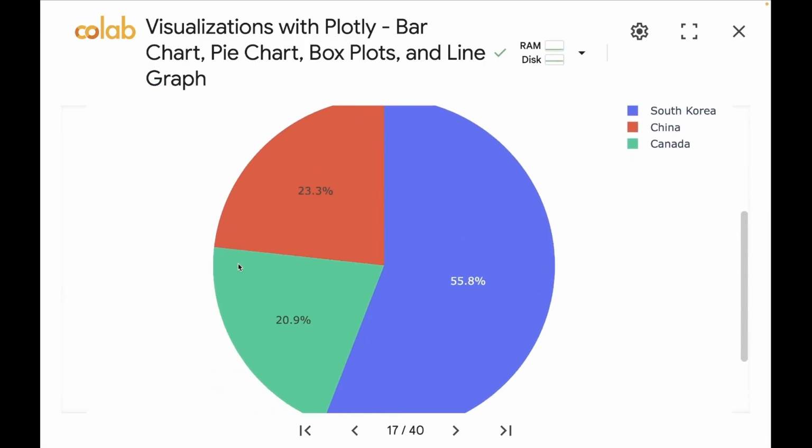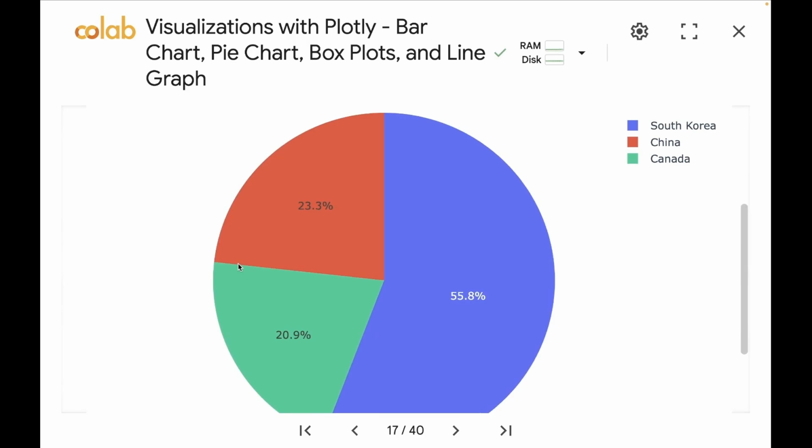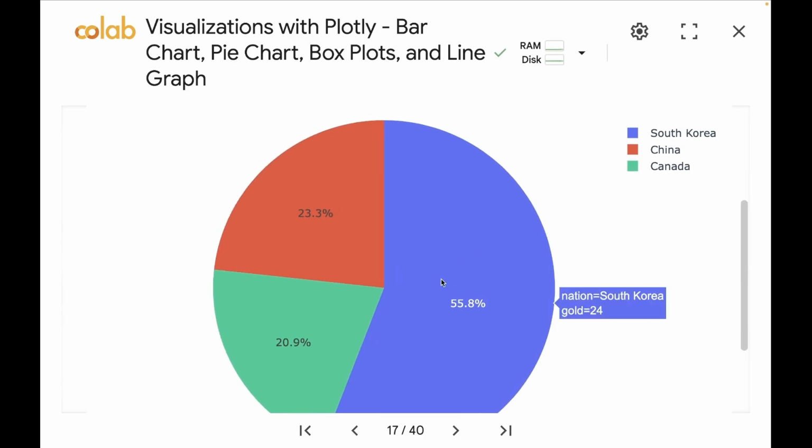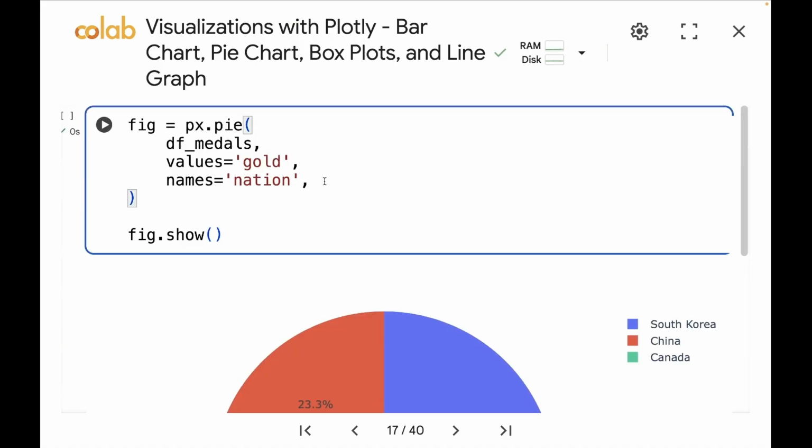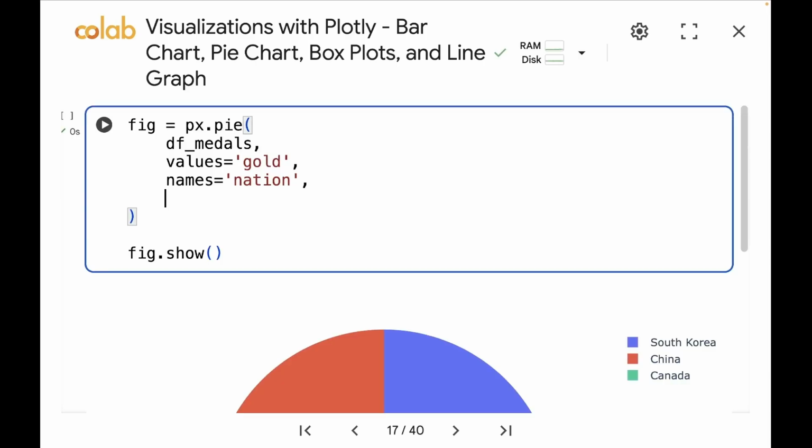All right, so this is the pie chart. I think it's looking okay, right? So three slices. The biggest slice is South Korea because if you go back to the original data set, they have the most medals in this data set, right? And China and Canada, so 3 slices for 3 different countries. So the idea is pretty straightforward. Now let me spend hopefully less than 1 minute to quickly implement